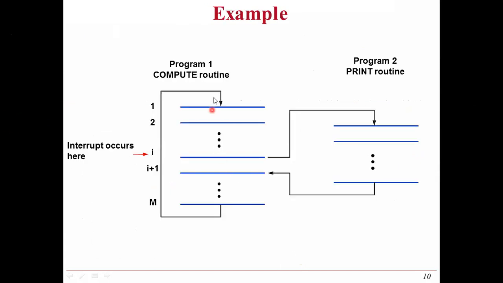Okay, see here, this is the program. From the starting, first instruction, second instruction, like this are executed. At this instruction, what happened? An interrupt will occur here at the ith instruction. Whenever an interrupt occurs, the controller goes to the interrupt service routine. After completing this total subprogram, that is the ISR, interrupt service routine, the controller goes back to the main program.